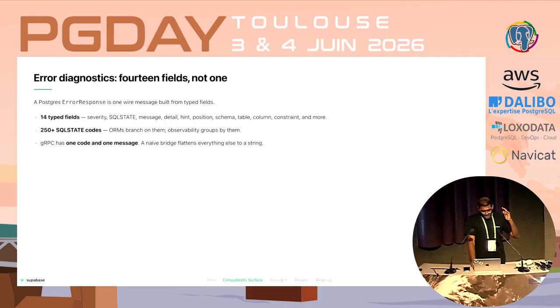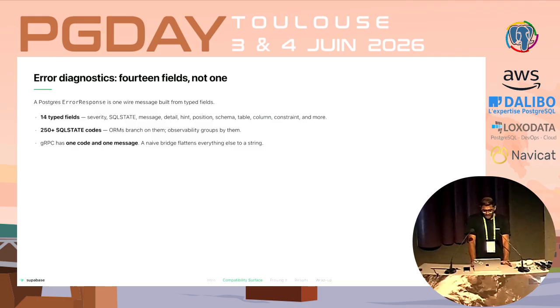Now, gRPC basically just gives you one status and one string. So the simple solution would be to just take the Postgres error, flatten it into a string, and move it up. But the moment you do that, you have destroyed a bunch of fields, and real tools depend on those.